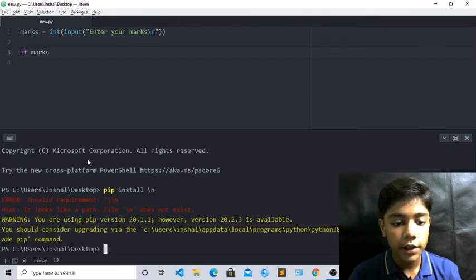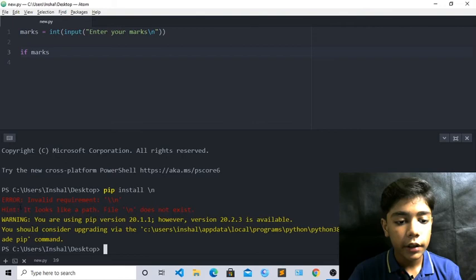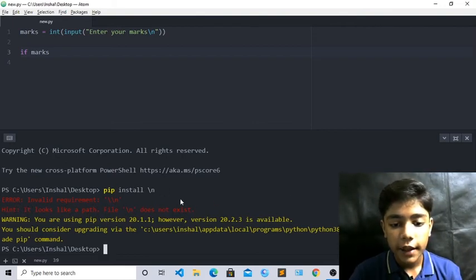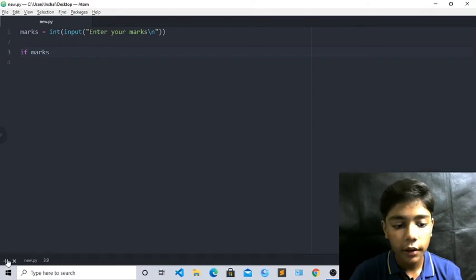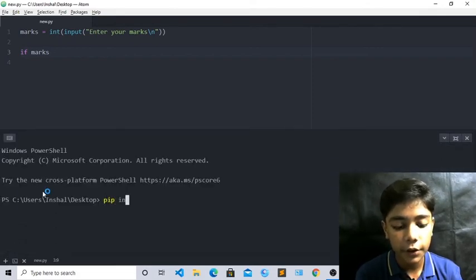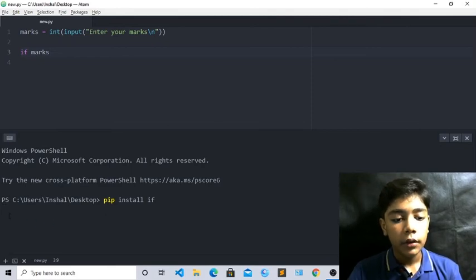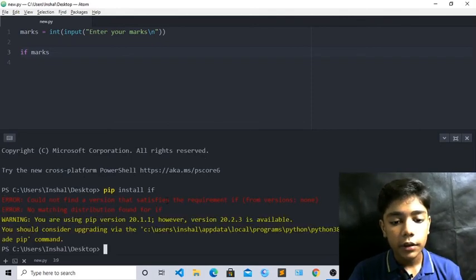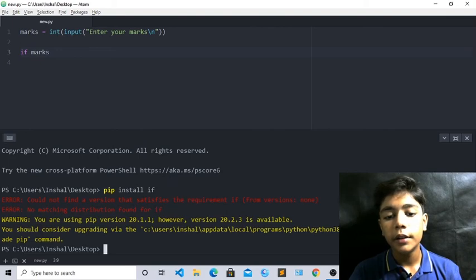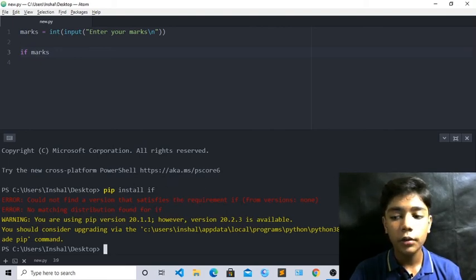It does not have the latest version, and it says it looks like a path, file \n does not exist. Now come over here, write pip install if. You can see it is waiting, but it does not have the latest version. We have one version already downloaded in my text editor.